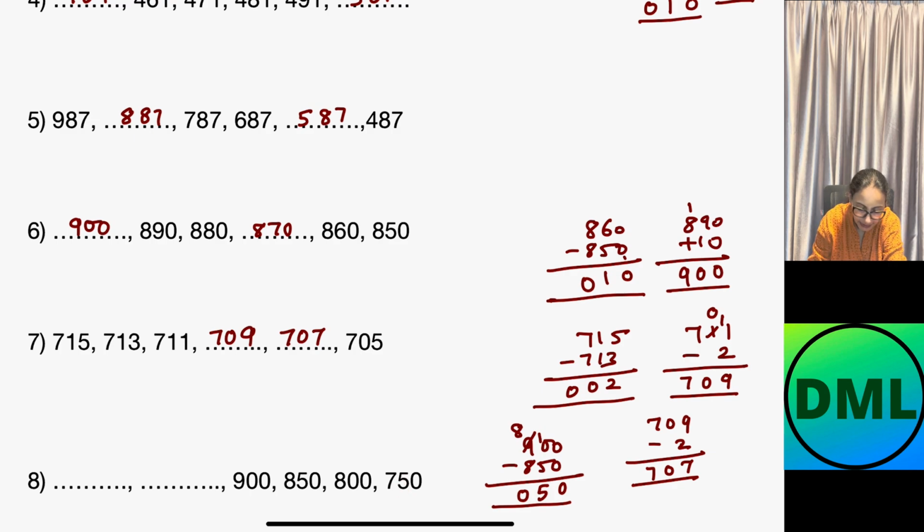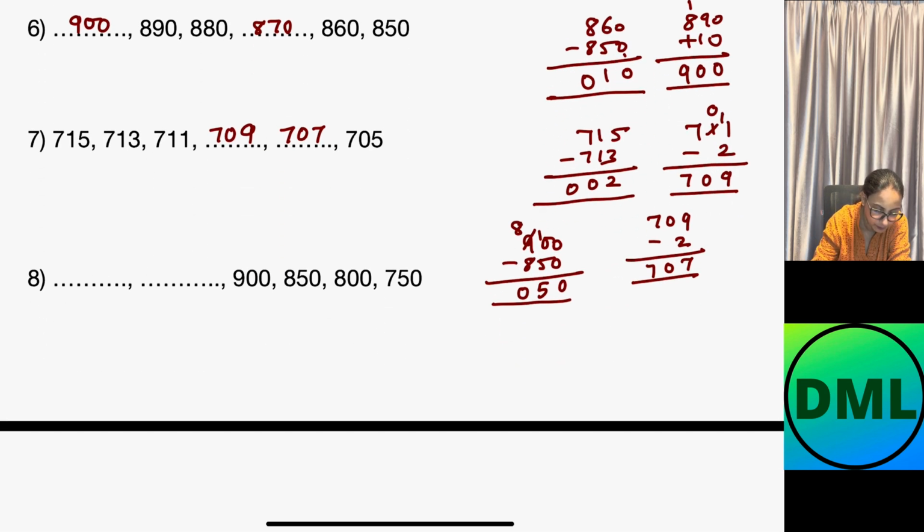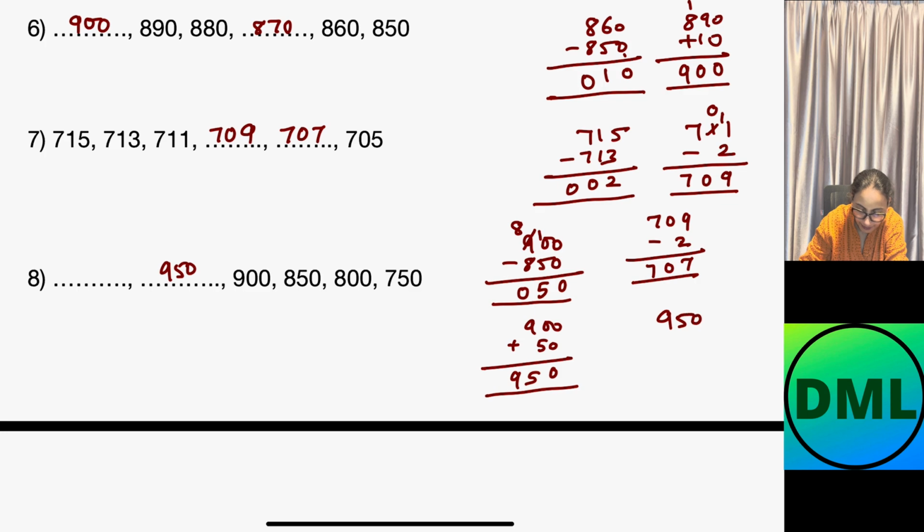If we look at it in this order, the number is increased by 50. First it was 750, then 800, then 850 and then 900. I need to add 900 plus 50. Let's calculate that. How much will be my answer? 900 plus 50. 0 plus 0 is 0, 5 plus 0 is 5 and this is 9. My answer is 950 here. To 950 again I have to add 50. Let's add it here. 950 plus 50. 0 plus 0 is 0, 5 plus 5 is 10. 0 here, 1 carryover, 9 plus 1 is 10. My number is 1000. Let's write down here 1000. That will be your answer.